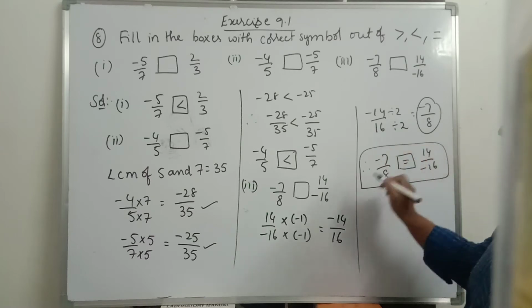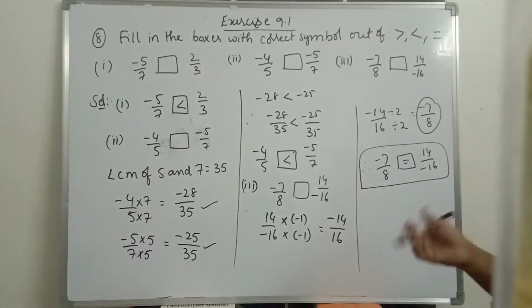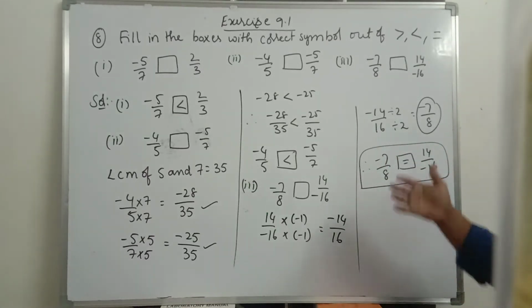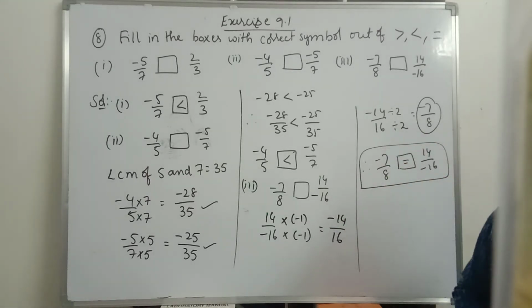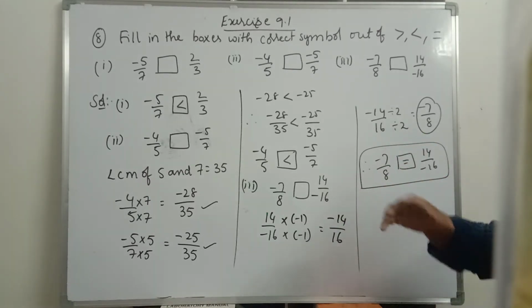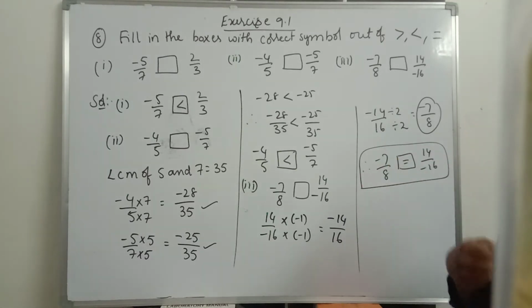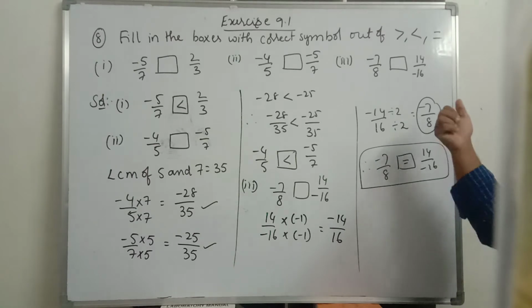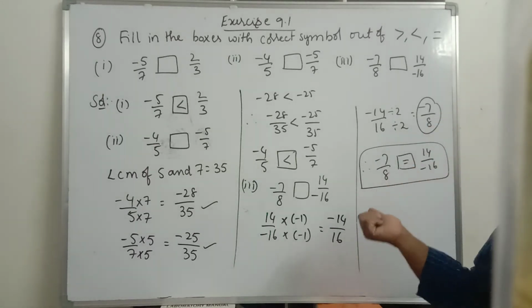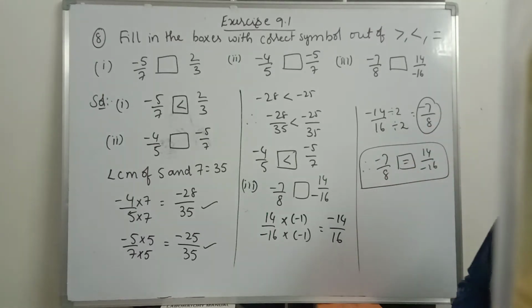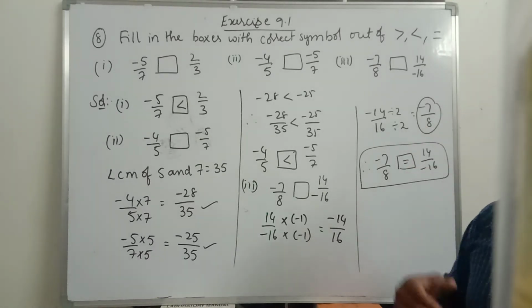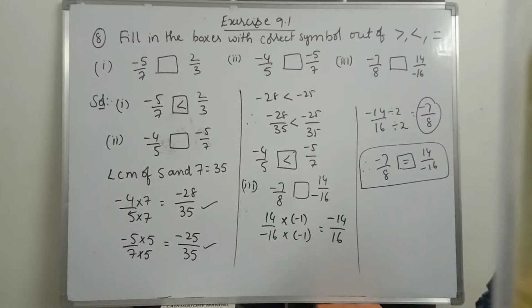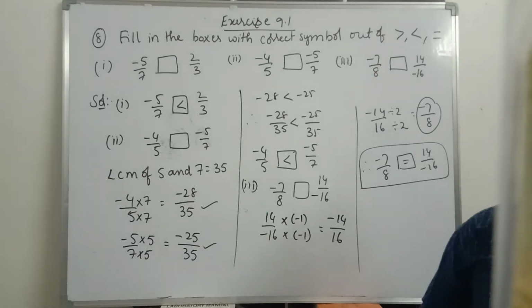Like this. So what is the concept here? It is comparison of rational numbers. So we need to convert these rational numbers with different denominators to the same denominators and compare the numerators. Then we can identify which sign we should keep in the box, that is either less than or greater than or equal to. Is it clear, children, how to find this one? Yes. We'll move to the next concept, that is comparison on the ascending order and descending order of rational numbers.